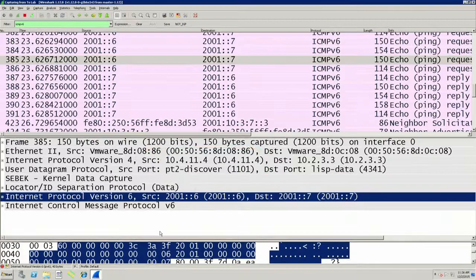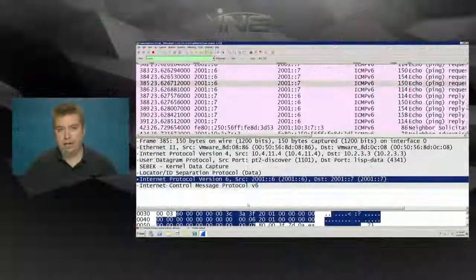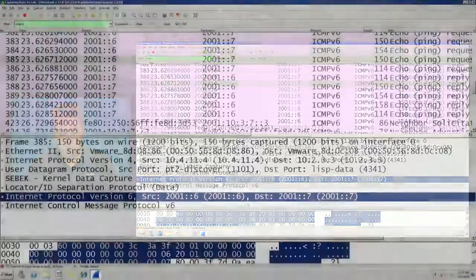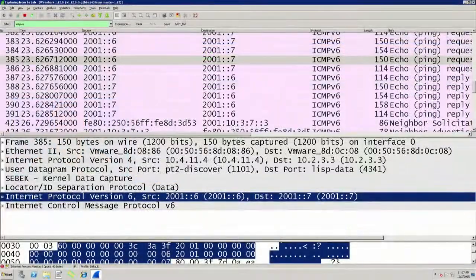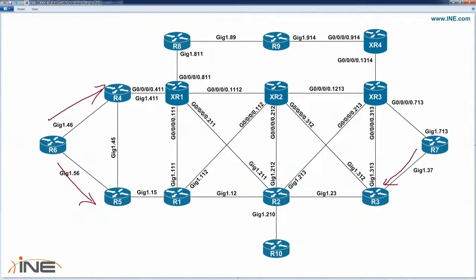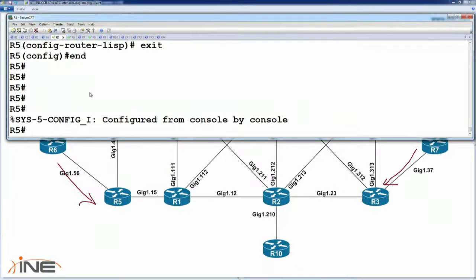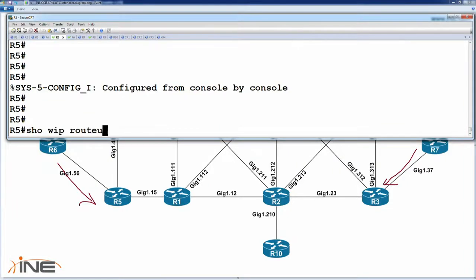So it's a pretty nice solution for this, again, because the tunnels are connectionless. You don't have to run any routing protocols over them. And as long as you don't have a more specific match in the routing table, that's going to cause the edge router to query the map server and map resolver to see, can I reach this particular destination? So like again, if we were to take a look at router 5, who is one of the tunnel routers, and we look at its global IPv4 unicast table,